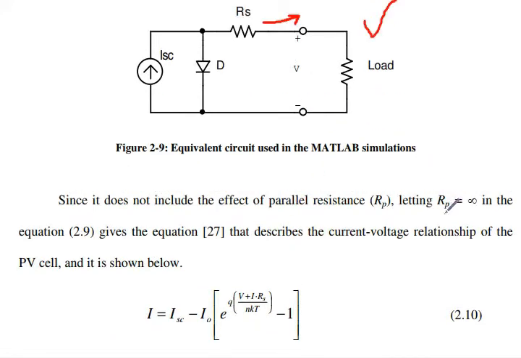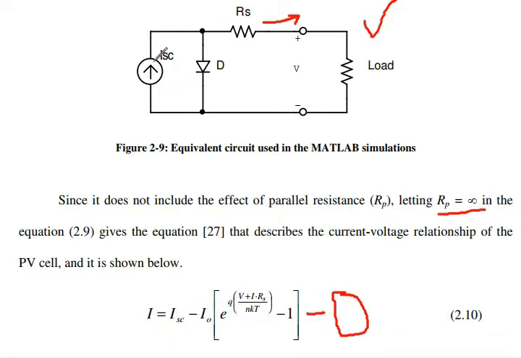So for the time being, we are considering the parallel, the shunt resistance, as infinite. We are ignoring it just for simplicity, while in calculations we will also consider it later on. If we ignore it, the other part that was subtracting the shunt branch current is not present, because we have eliminated the shunt branch here.